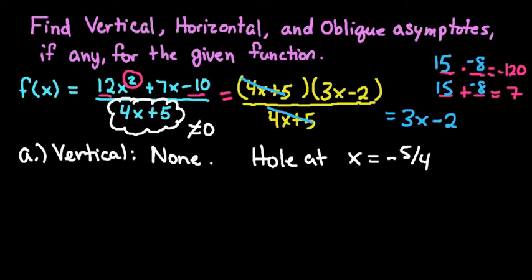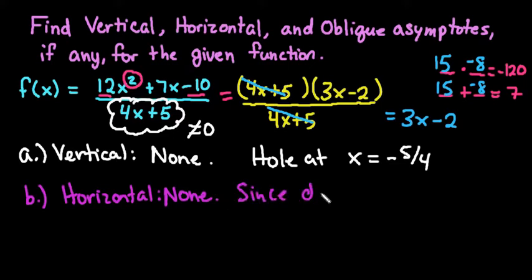The second one that we want to look at is a horizontal asymptote. In order to have a horizontal asymptote, what has to be true is the degree of the numerator has to equal the degree of the denominator, or the degree of the numerator has to be less than the degree of the denominator. So if you look at this right here, 2 is larger than 1, so the degree of the numerator is larger than the degree of the denominator, so it does not fit the criteria for a horizontal. So we can say that this one is also none,